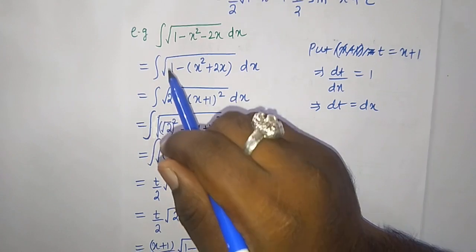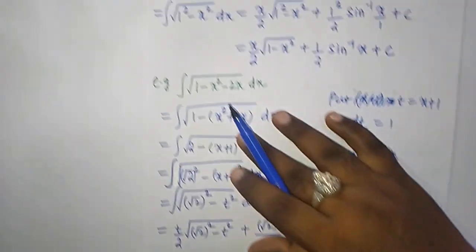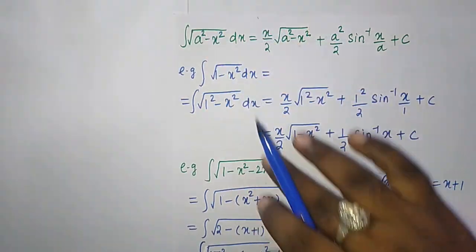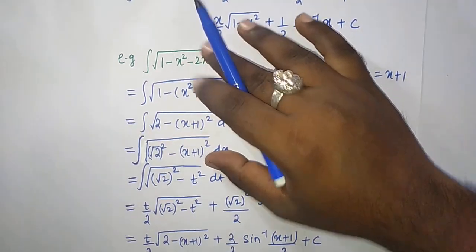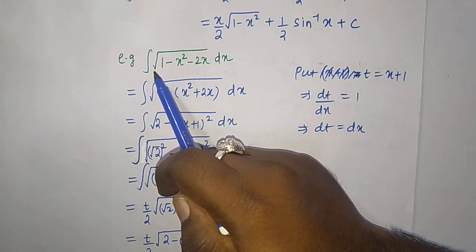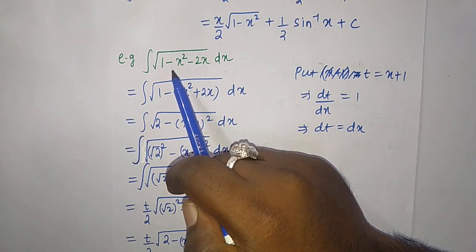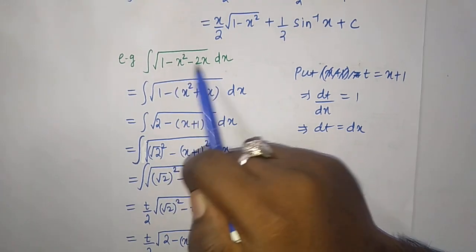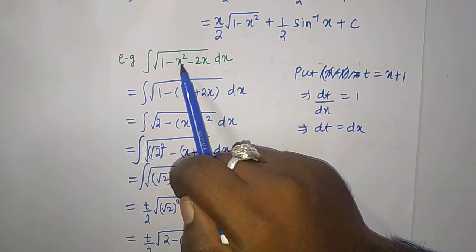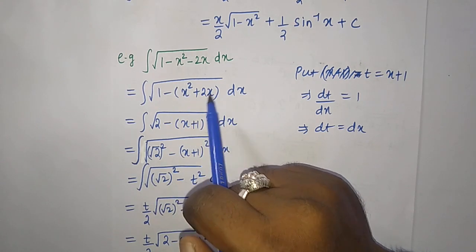Here the question is in a slightly different form. We have to convert this to this general form. See how I am converting. You have to find the integration of root over of 1 minus x square minus 2x. First take minus common from these two terms. After taking minus common, it will become 1 minus bracket starts x square plus 2x